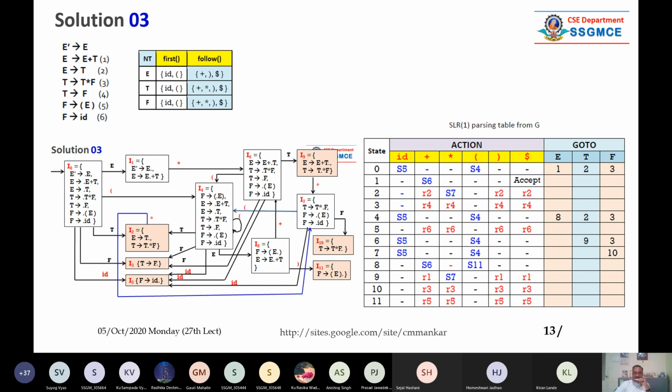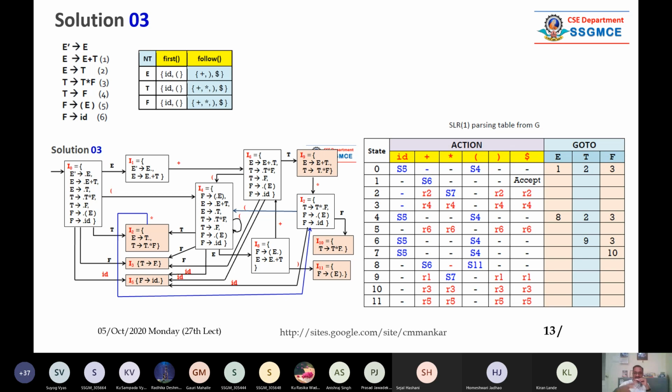Now, डॉट किसके बाद में है? T के बाद में है. इसका LHS क्या है? कैपिटल E है. कैपिटल E का फॉलो क्या है? Plus, opening bracket and dollar. See, every time you have to consider the LHS of the production rule.